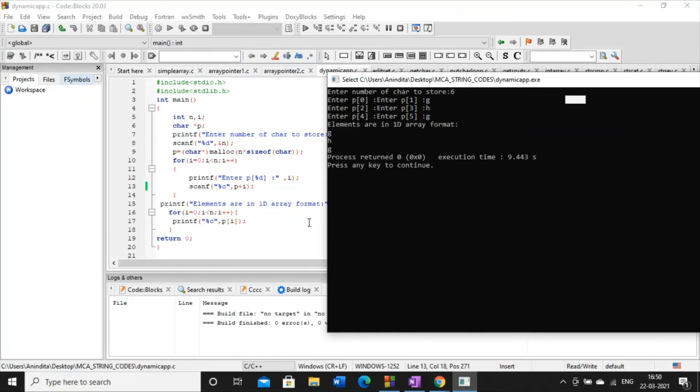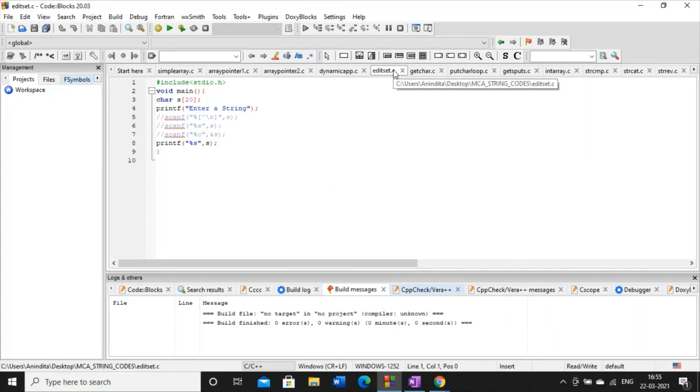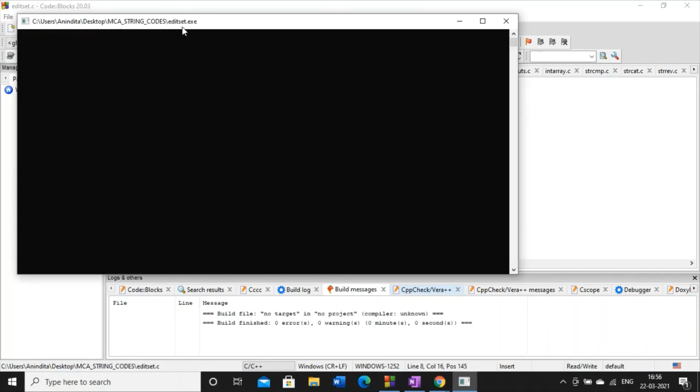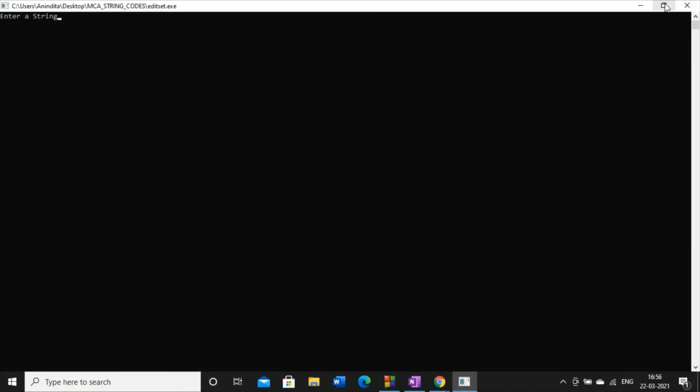So my question is, this is the puzzle at your end. What happens here? Next, this is the classical example of edit set. Now, why have we used edit set? We have used edit set so that our scanf function can take input along with the space. Let's check. So this is how we can define edit set, right? This is the syntax of edit set we have discussed. Now I have to check while executing this code whether this scanf function can take the input with space or not.